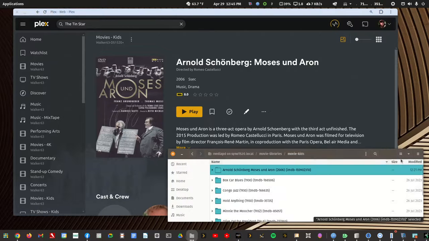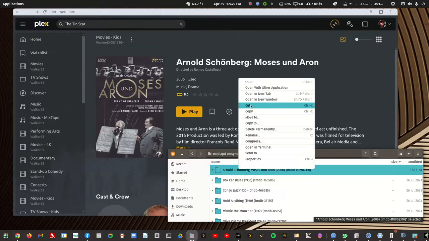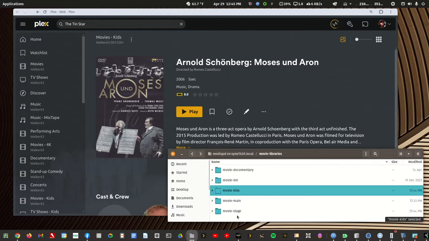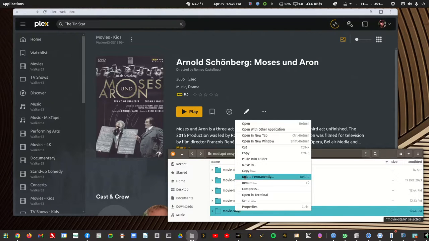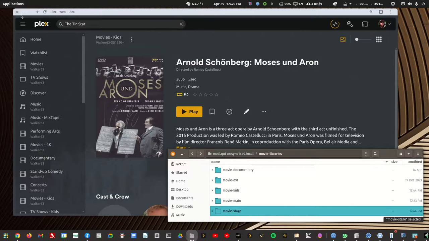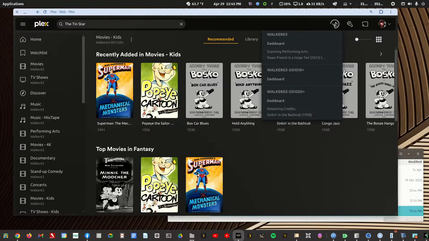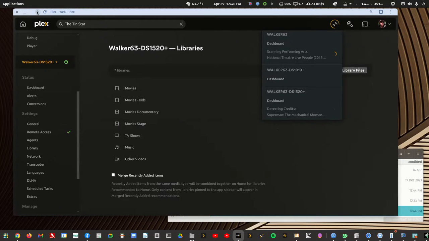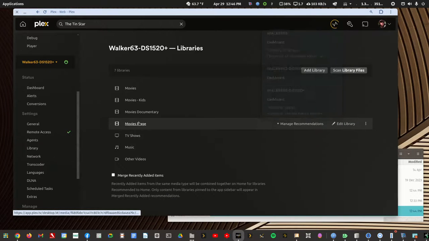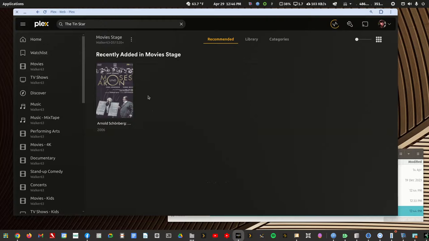So let's go back. Paste it back into this one. So you see the trash can icon. Now things are a little slow because it's also scanning things in that library. If I back up, go back into the stage library, and it's there. So it scans perfectly well. You just really need to get your directory structure repaired,